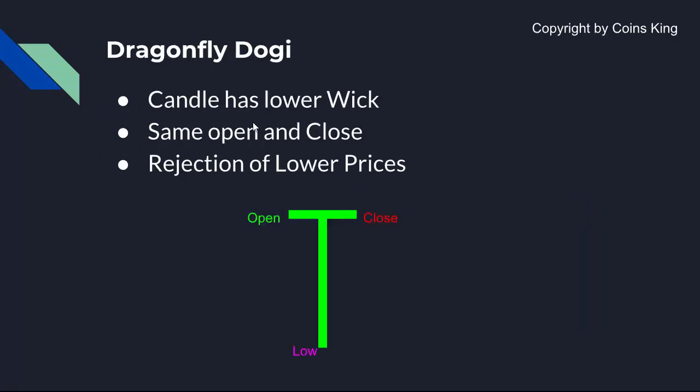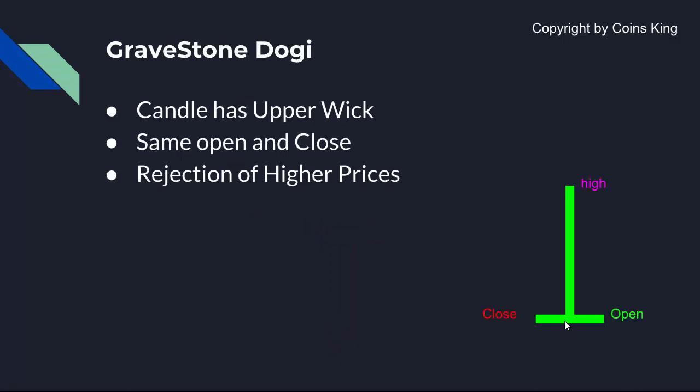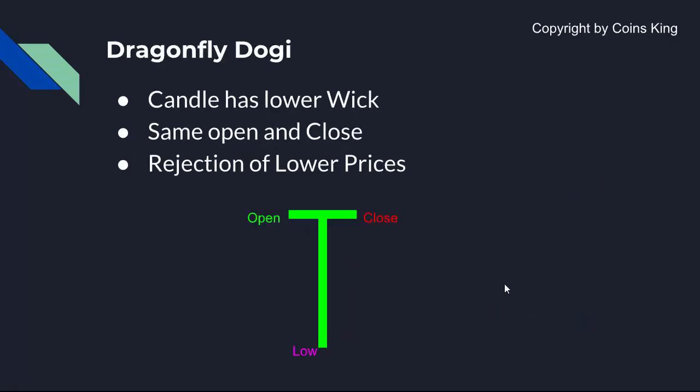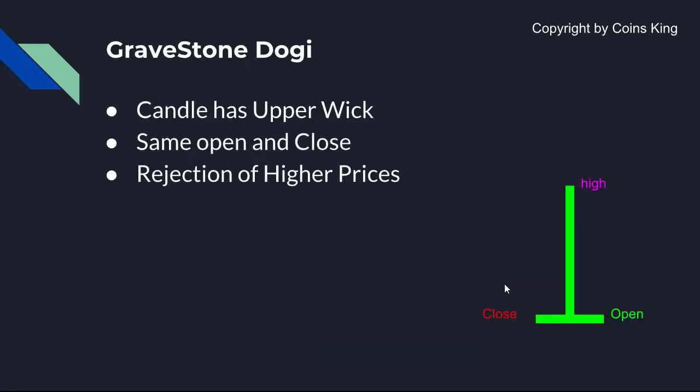And you can say this is the opposite of a Dragonfly because it has a head at the top and it has a head at the bottom. That's why both of these are opposite to each other. It has a lower wick, but the Gravestone Doji candlestick pattern has an upper wick,